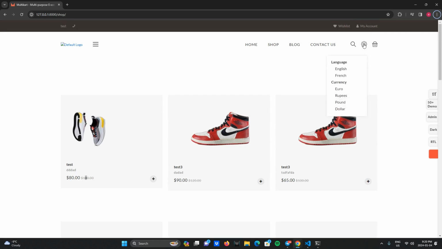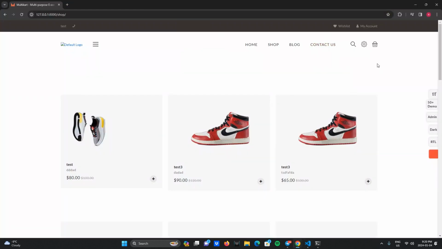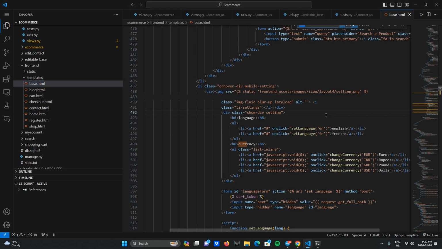As we know, my drop down menu, which is related to currency converter, exists inside the header, so I have to go inside my base.html, because base.html is only for header and footer. Whenever I go there, I have to find that drop down menu, which is currency. So I'm going to go here,